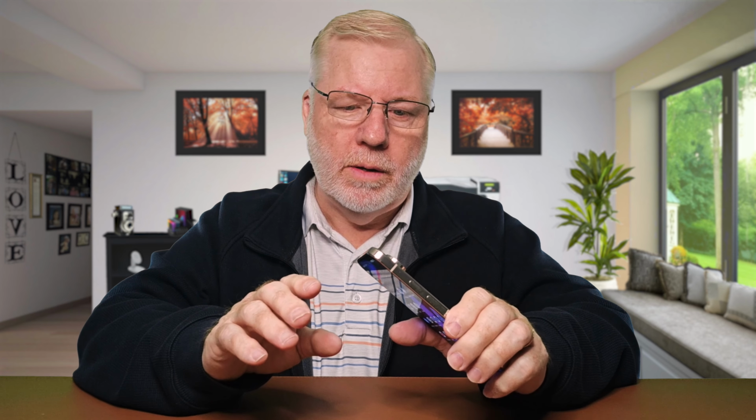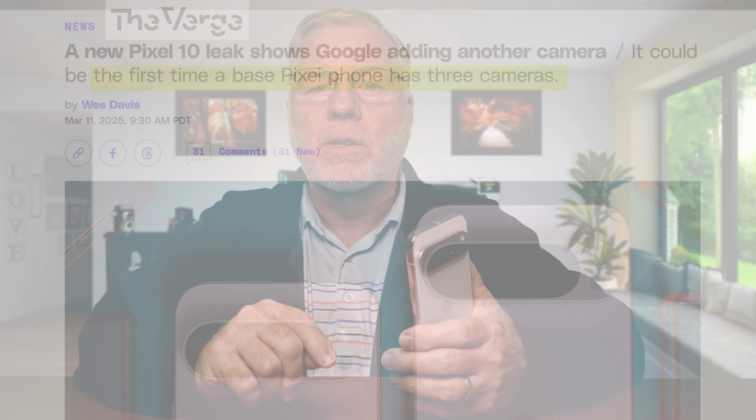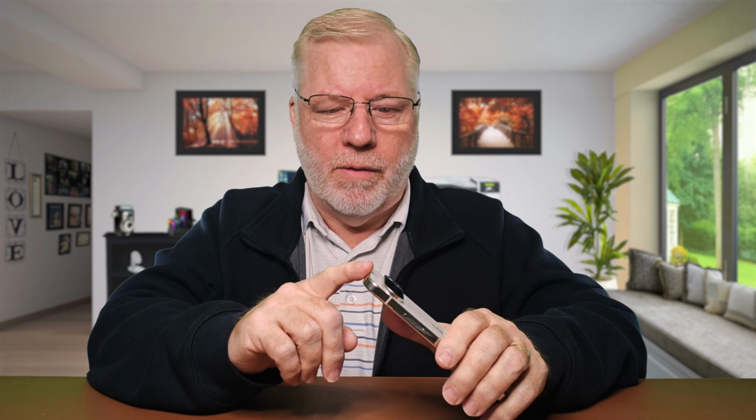Now we're actually not seeing many other changes other than the base model getting a third camera. It typically only had the two, being the main shooter and ultra wide, but now they are going to get a zoom. How much zoom? We don't know. I would assume that it's going to get a 3x zoom, whereas the Pros have that 5x